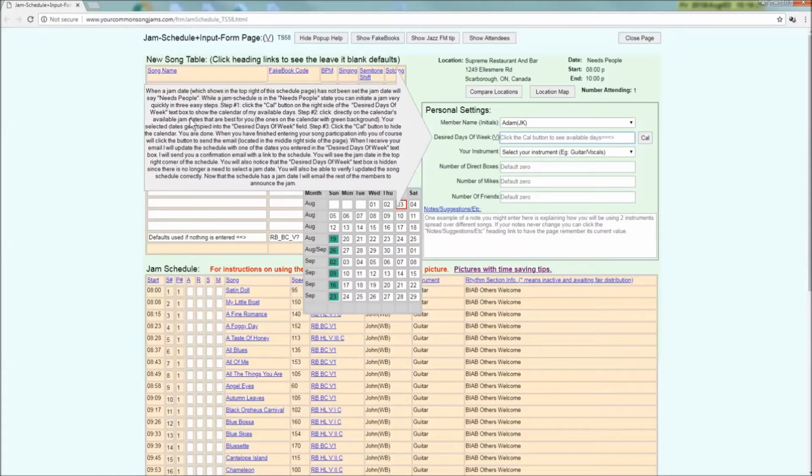Your selected dates get copied into the desired days of the week field. You'll see them go in. As soon as you click it, you'll see one of them pop in. Step 3, click the Cal button to hide the calendar. You are done. When you have finished entering your song participation info, you of course will click the button to